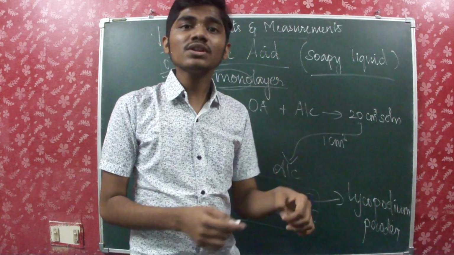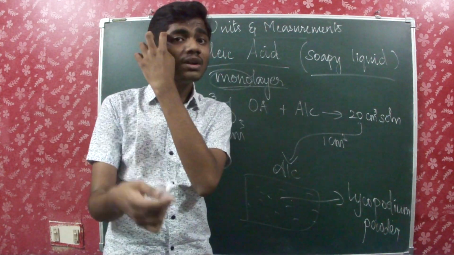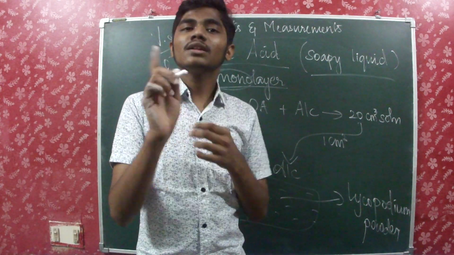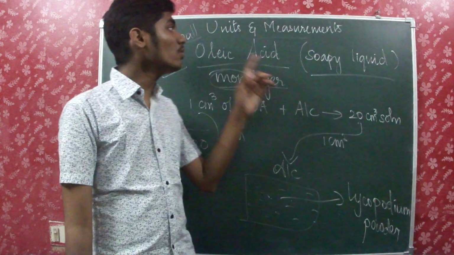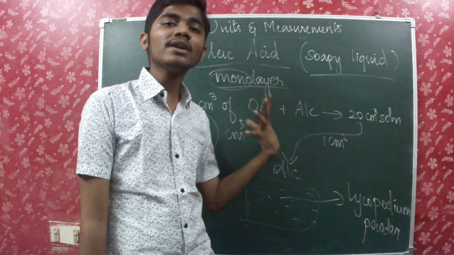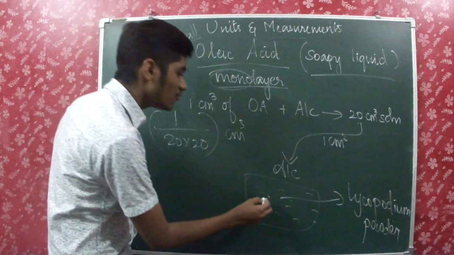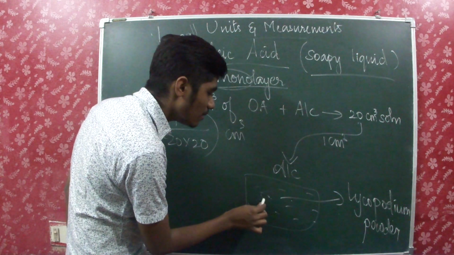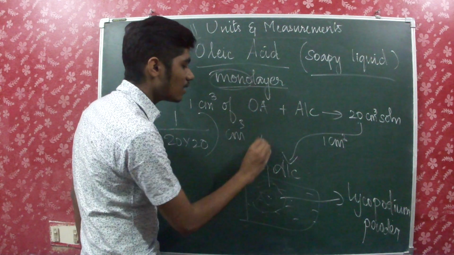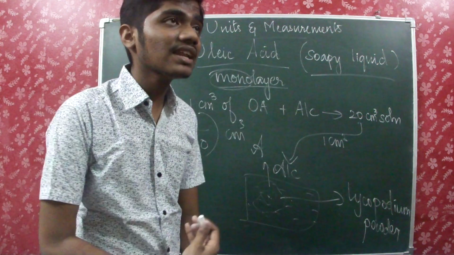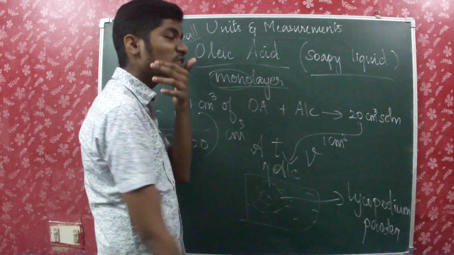What will happen? Actually, why did we choose to measure the size of oleic acid? What is the speciality with oleic acid? While we have a lot of other molecules, the only thing is that it spreads wider and faster in water. So if I put 1 drop here, what will happen? It will just emerge and emerge, and it will spread to a larger area, and it will also develop a thickness of T. Am I right? And it will also occupy a volume of V.